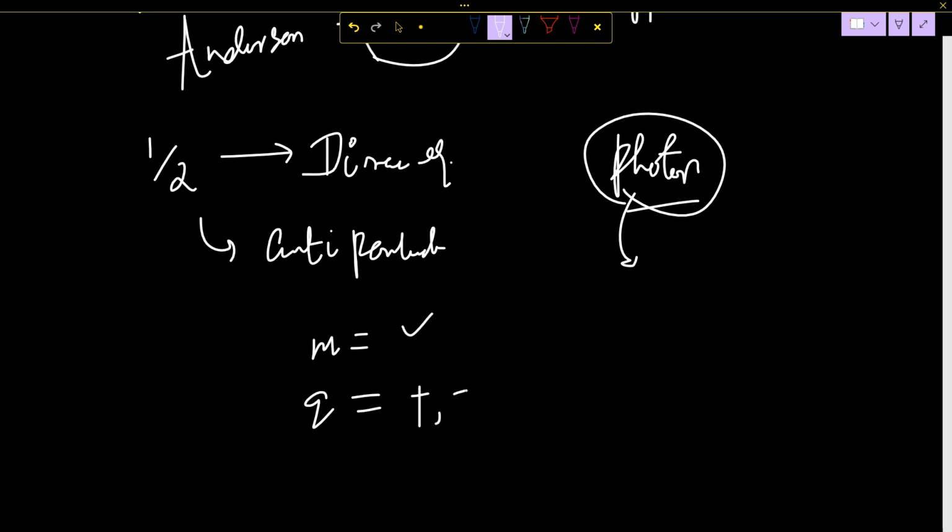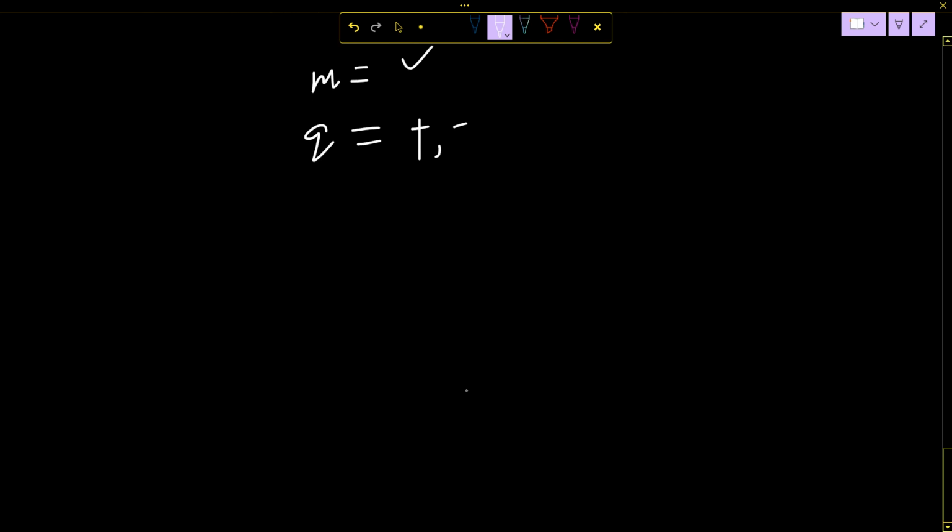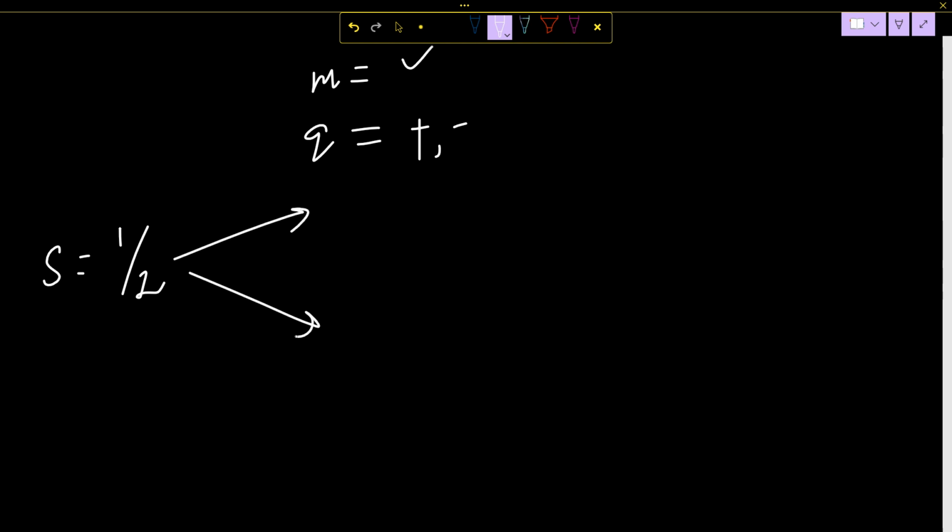As far as experiments have indicated, all spinor particles in the world come in two basic types. All the spinor particles are spin half. Can you tell me, spinor particles are basically two types? One is leptons and the other is quarks. These are the fundamental particles.